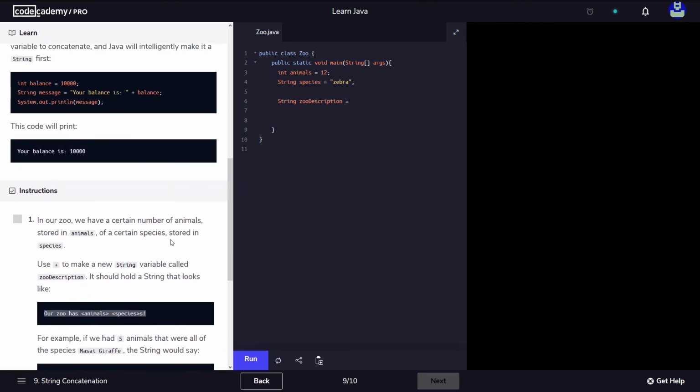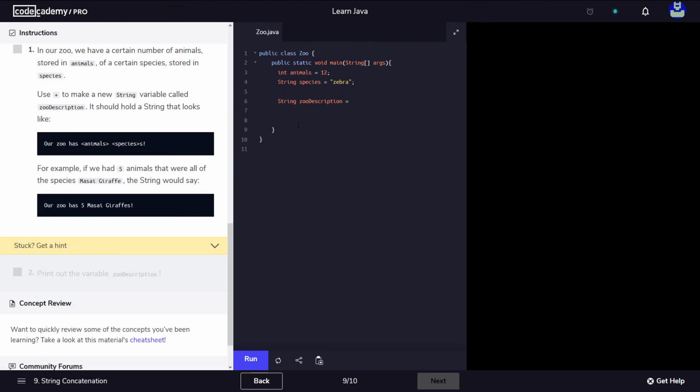So what we need to do here is to use exactly this, and we're gonna enclose this in double quotes, of course. And here we know that this is supposed to hold our variable. And we're gonna break it off here. We're gonna add the plus. So we are concatenating